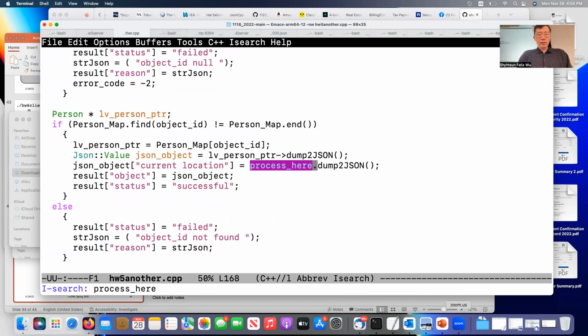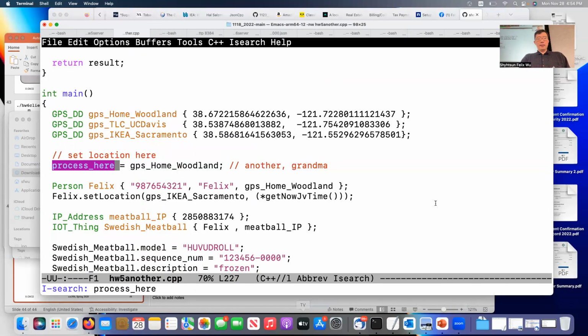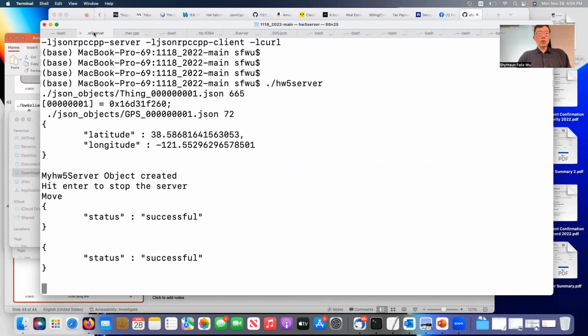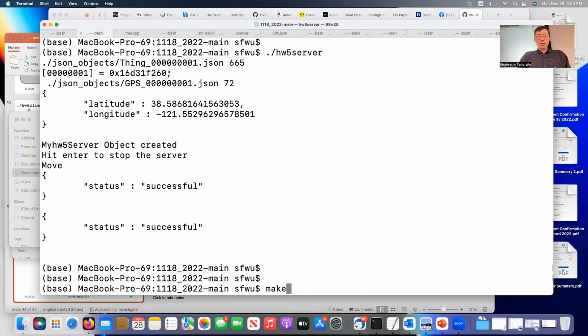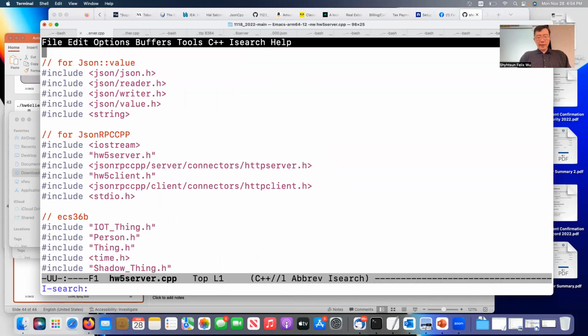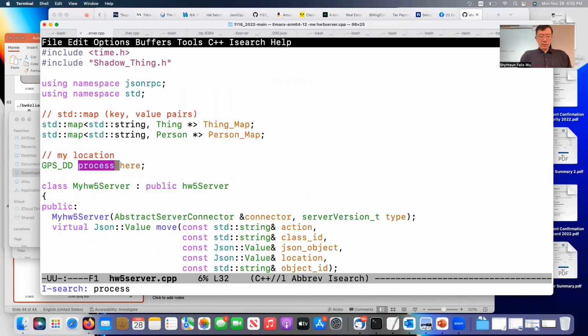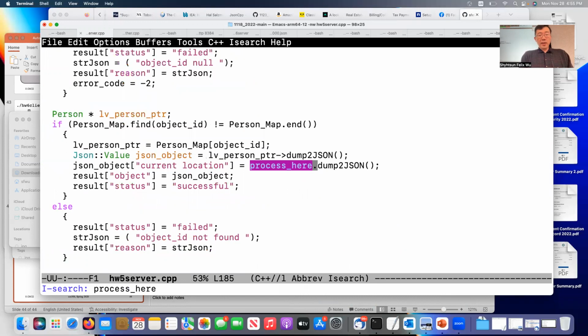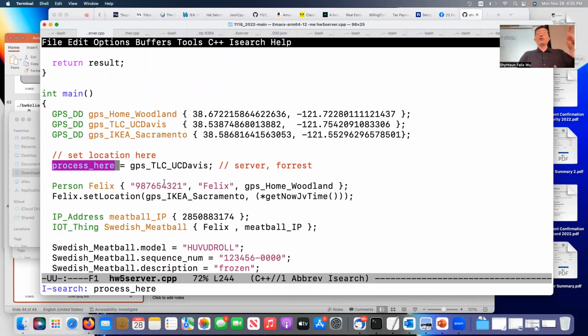Process here is being set. For another, it's actually home woolen in my example. But if I go to server side, the process here is being set as TLC, this location. So here is server, grandma is in woolen, but when I actually contact another,